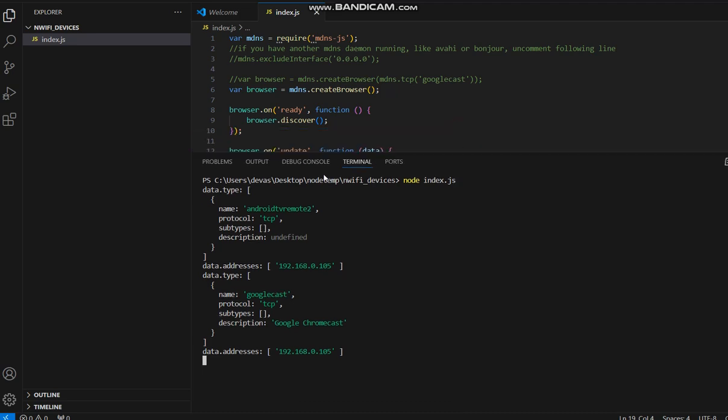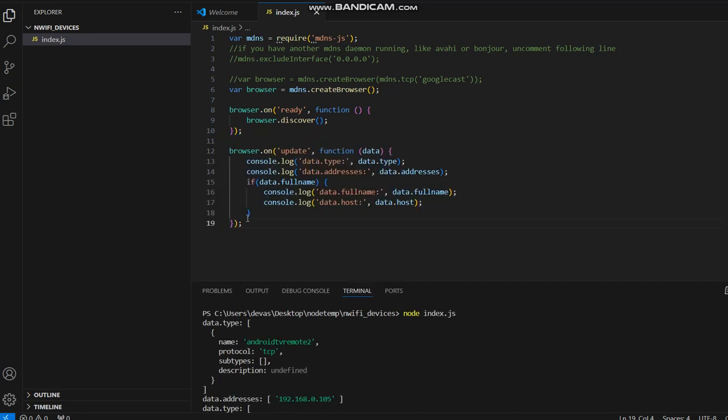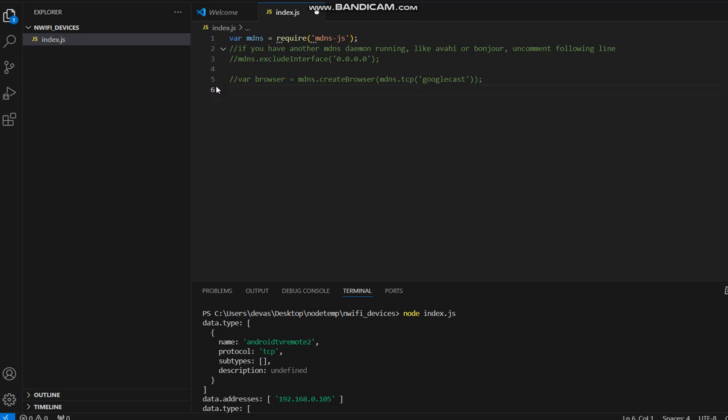And before doing that, one more thing I need to do. Basically we will be doing this functionality twice. One is just the call with create browser without any argument, and next time with an argument, where something like this will be passed based on the value returned by the first call. So we want to do this twice, so I'll wrap this up in a function. We'll call a function scan,